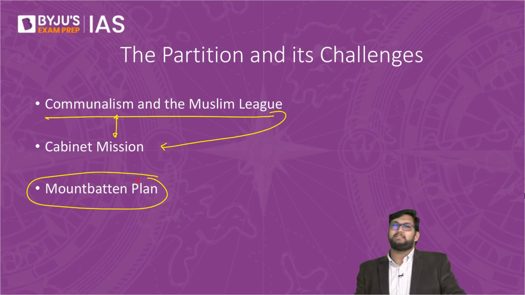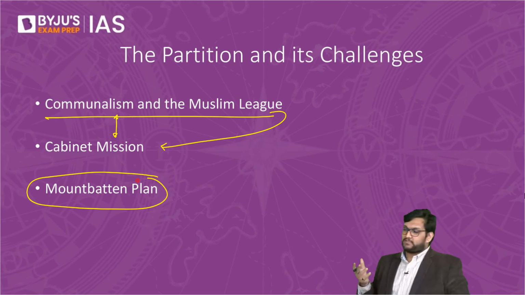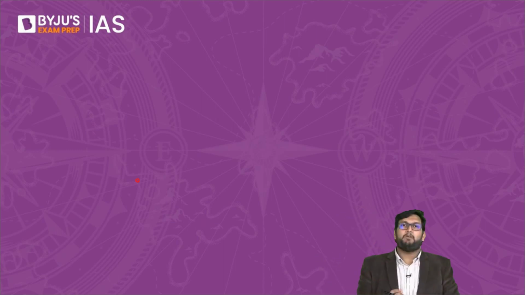In UPSC, not in UPSC, but at optional level, there's a question which comes: was the partition inevitable? Yes, it was. But not in 1936, but in 1946. Now, what was the Mountbatten plan? The Mountbatten plan was very simply